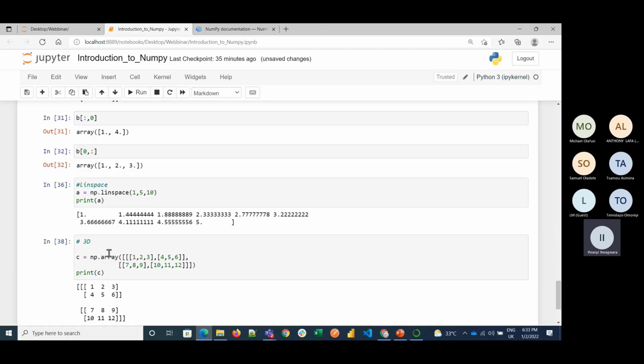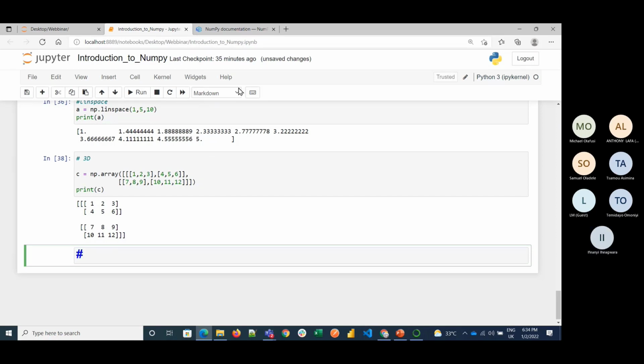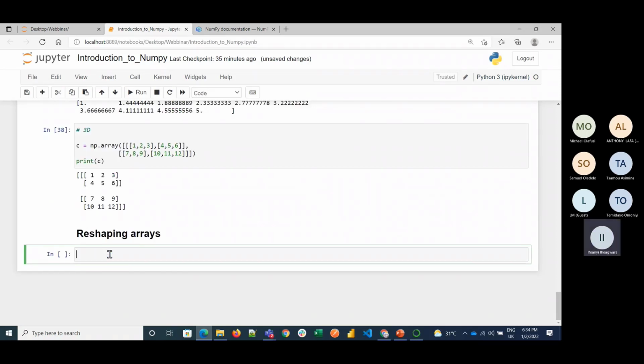Okay, so now let's move into a different topic. We'll be looking at transposition and reshaping, how you can reshape your array and all. Okay, so reshaping arrays. So let's create array D. So use np dot array again. We'll create this, then you open this. So now lastly we have